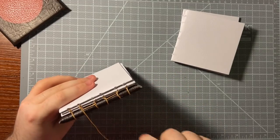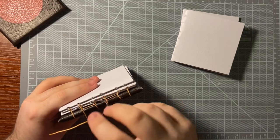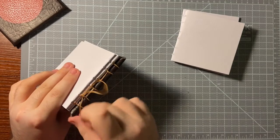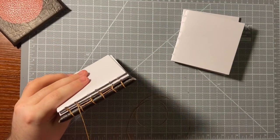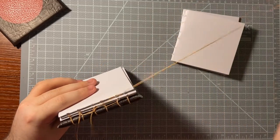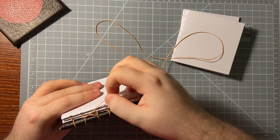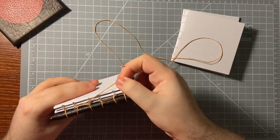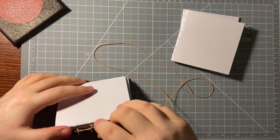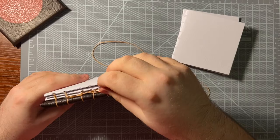Here I'm going to do both the Coptic style and the French link style in one. So I'm going to loop over there and then loop under that stitch and go through the next hole. Or wait a second,